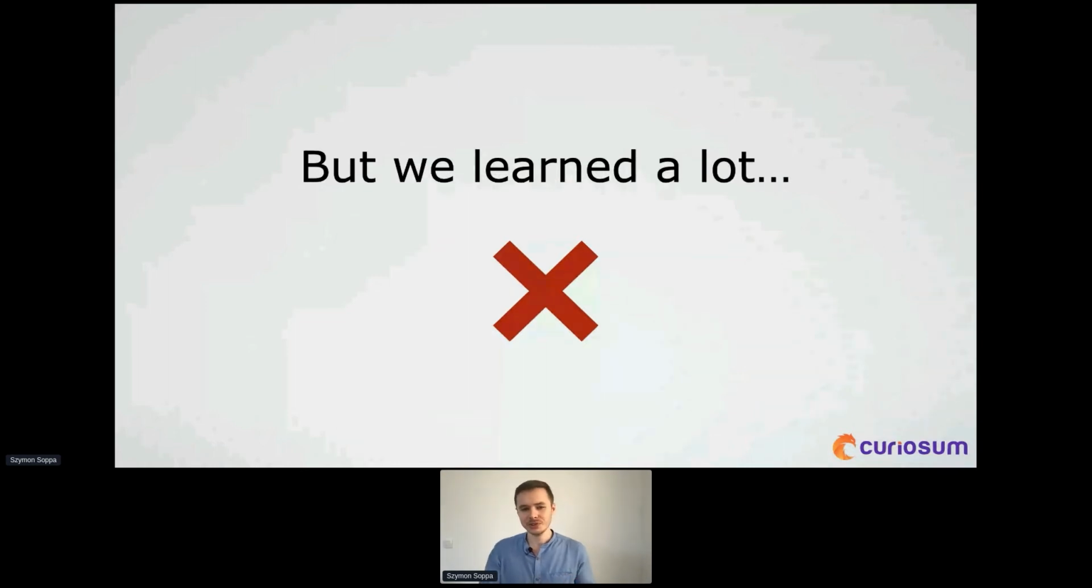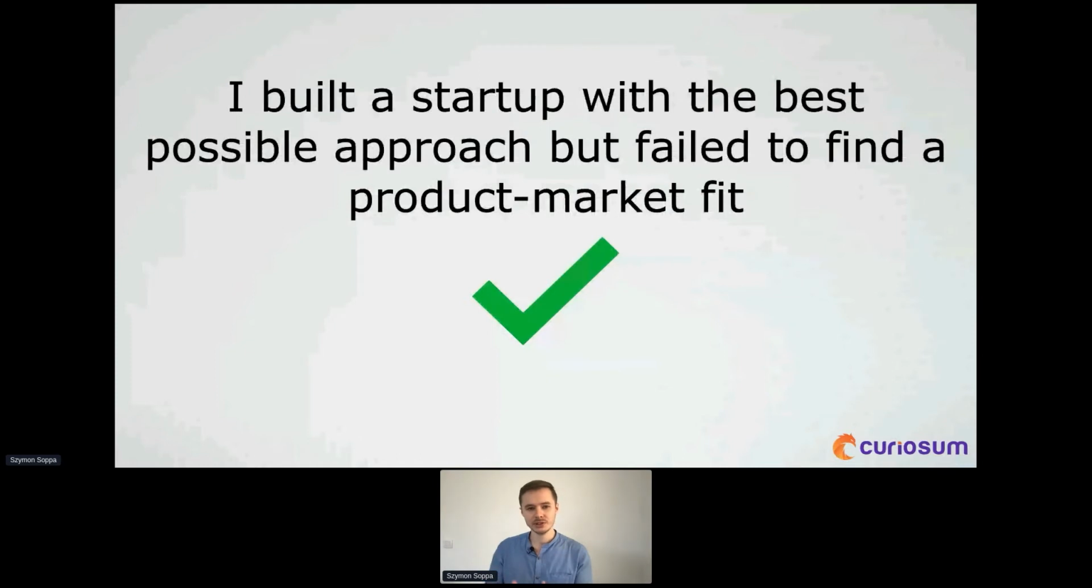Remember that 100% of these people lose a job at some point if the startup fails. So I would say that the proper approach here is to say, I built a startup with the best possible approach, but failed to find a product market fit. And that's basically what I will try to explain to you today,